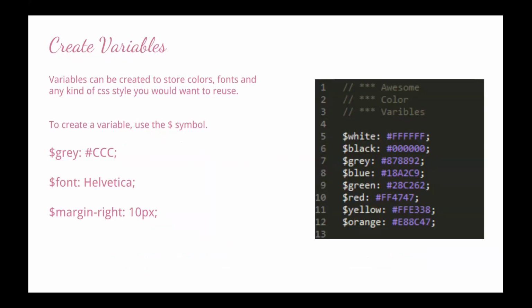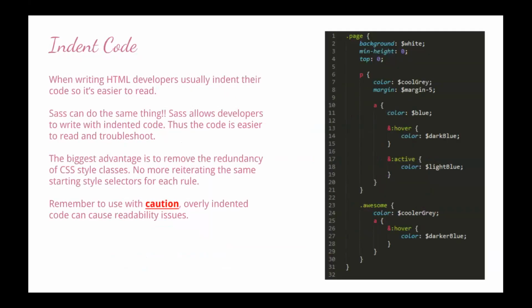You can create variables. Variables can be created to store colors and fonts and padding and margins and anything you could think of you would use with a CSS style. Anything you want to reuse, literally anything. To create a variable, you're going to use a $ sign and name it whatever you want. Say you want to use blue for all your headers. You can just put $blue and put your hex value behind it, and then just put $blue throughout your code. Instead of having to go throughout your CSS and find all the locations where you declared this color, you can change it in one spot, and then it takes effect throughout your style sheet. That's pretty awesome.